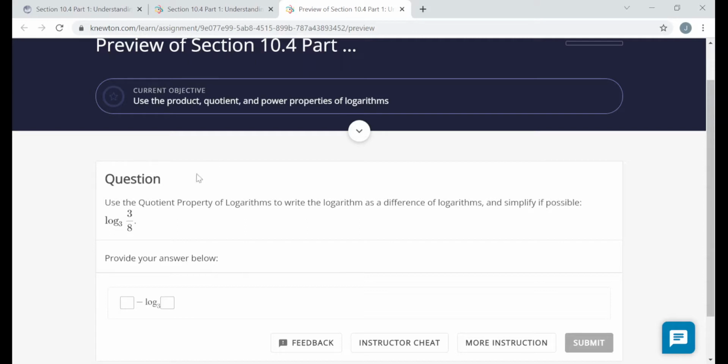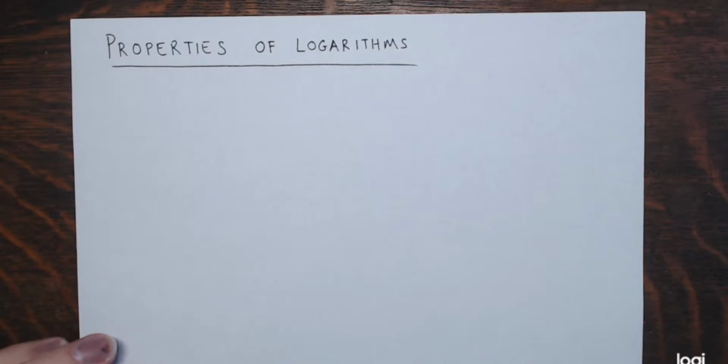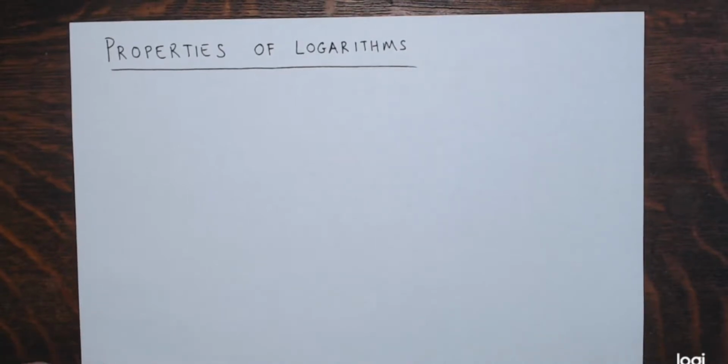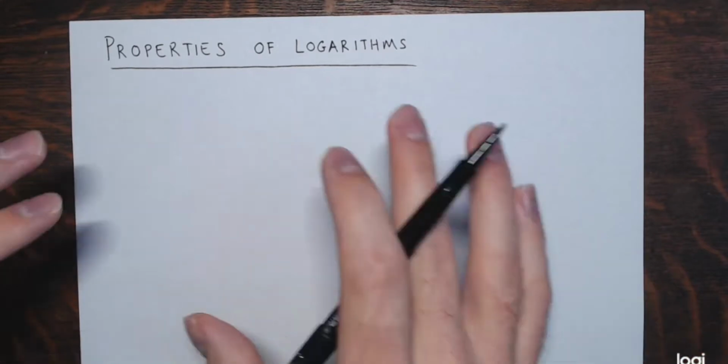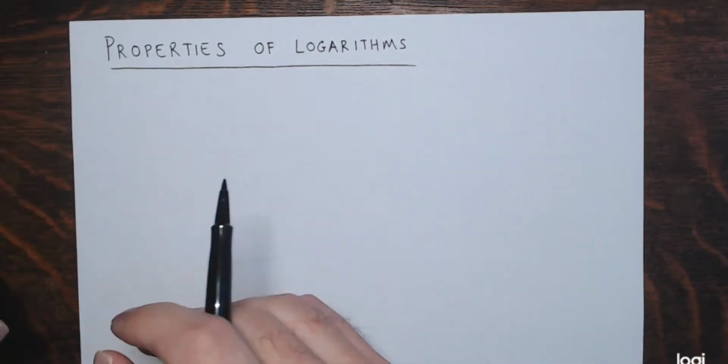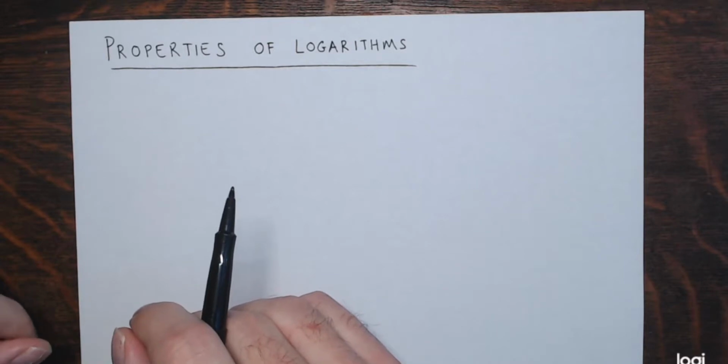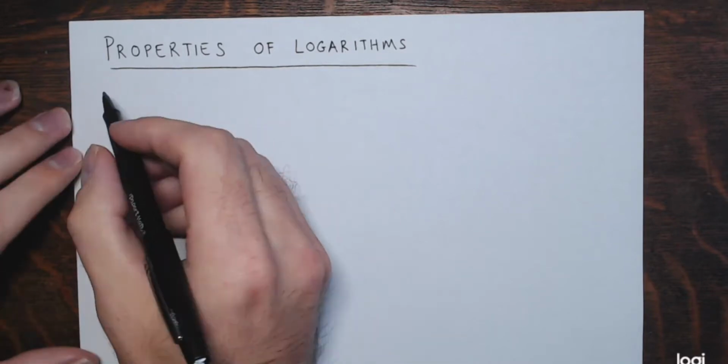Alright, so this first question is on the objective, use the product, quotient, and power properties of logarithms. Before I actually get into this particular question, I would like to discuss these properties. I'll write those out. I'm just going to state them and then keep referring back to them when we need them for certain questions. Alright. So the first of these